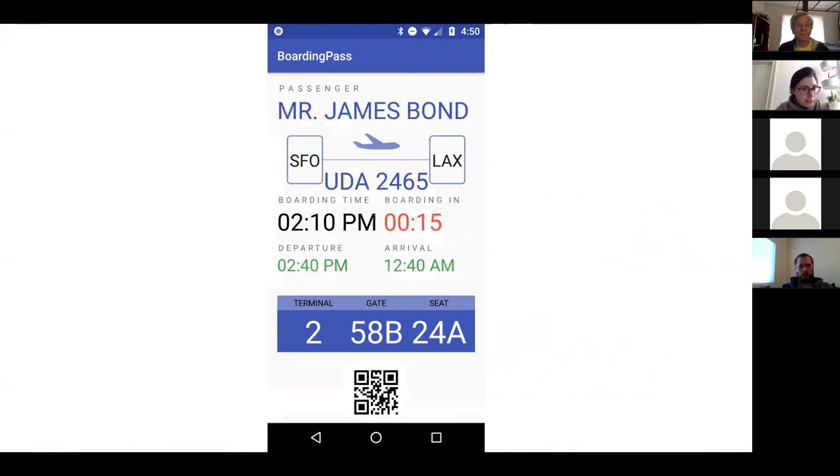Is that correct? Does this look familiar to people? Yeah. Awesome. So I basically took the solution that I was given. I just ran it on my phone and looked at the screen. I didn't even look at the layout,